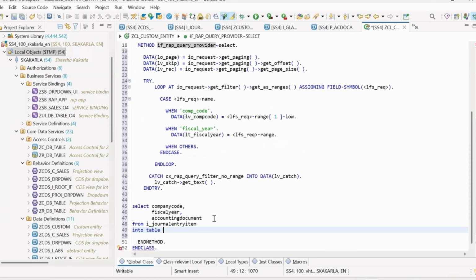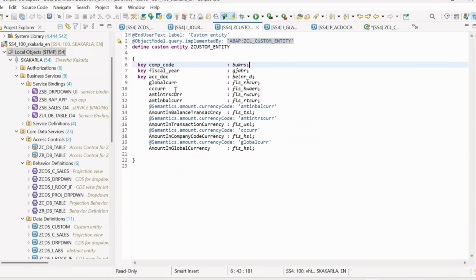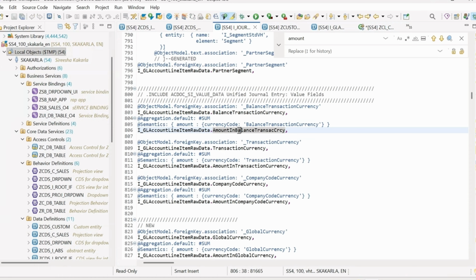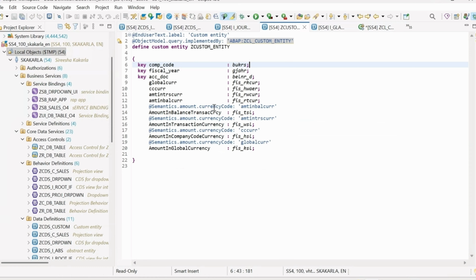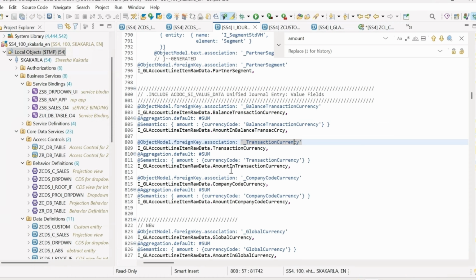So I don't want to do that many things here, so I will just use whatever I am getting here. Amount in transactional currency, these things I will just get. Amount in balance, amount in transactional,